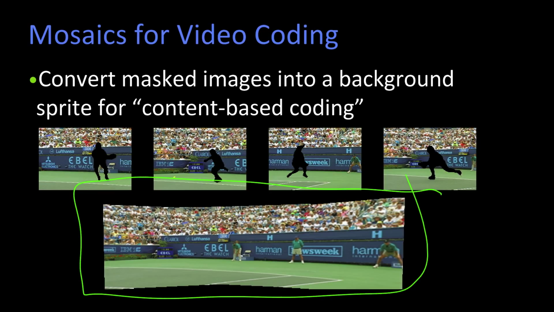And then if you wanted to have the player running around on this background, you could just place the player moving around on this different background. Lots of people have used these types of mosaics in order to show you cars traveling on a really big area, so it's taken from an airplane with a narrow field of view, but it sweeps across, and it's basically building up this big background to do what's referred to as content-based manipulation, content-based coding.